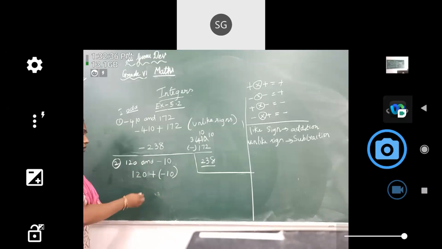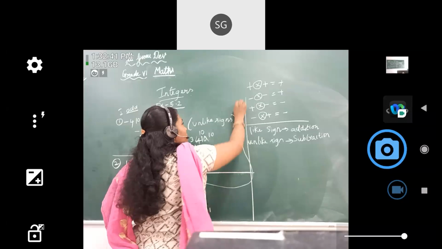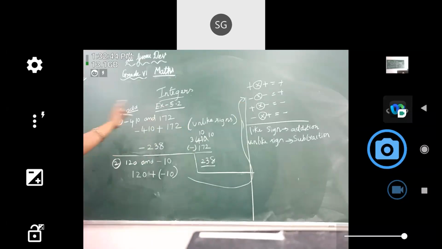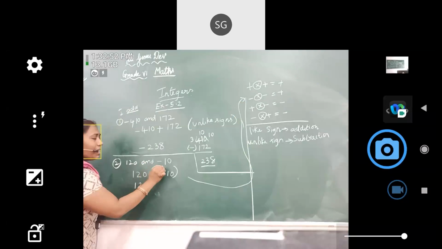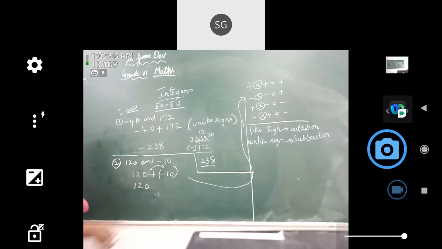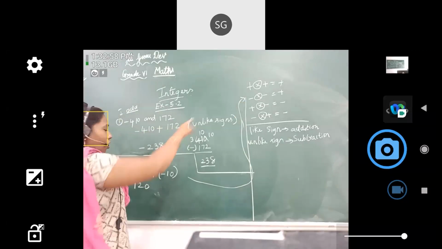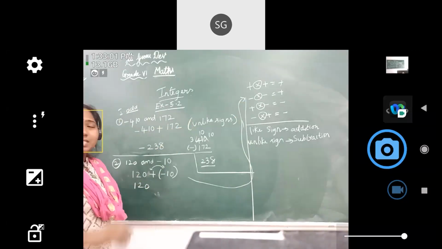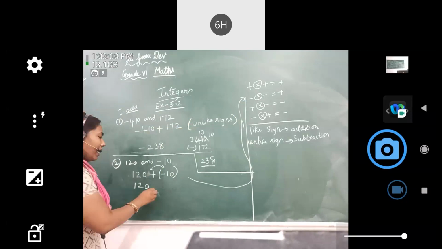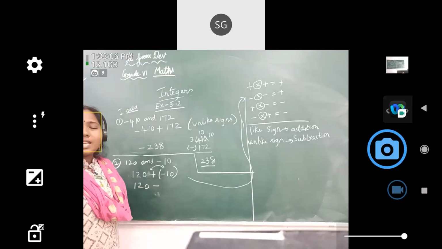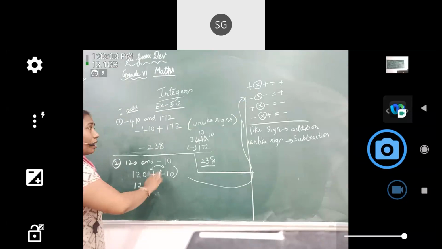Okay. So now comes our multiplication. Till now we didn't use it. Once the bracket comes, our multiplication of sign also comes. Now the first step is I have to remove my bracket. To remove my bracket, I have to multiply this. So what is plus into minus? Go to the multiplication and check. Minus. If it is different sign, you will get negative. Same sign positive. Don't confuse here.